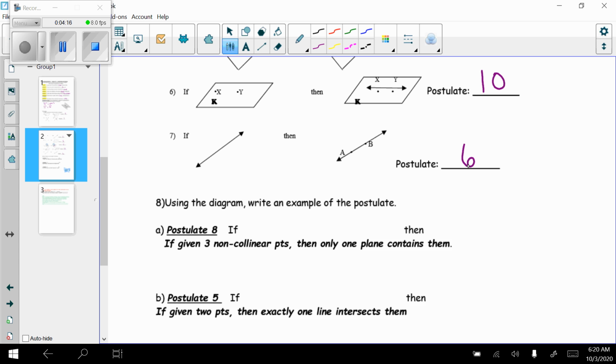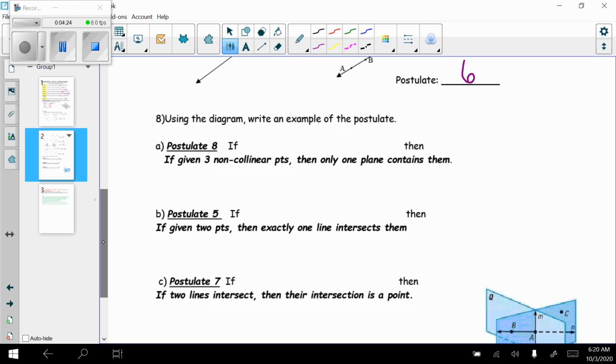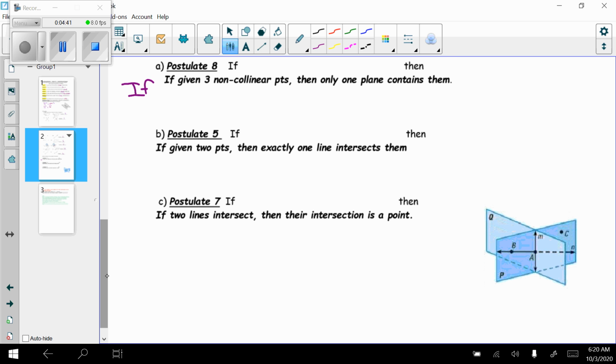Great. So now it says, using the diagram, write an example of the postulate. This is the diagram down here in the corner that we're looking at. So A, it says, and we're going to write it in if-then form. If given 3 non-collinear points, then only one plane contains them. So now I'm going to have to start out with if. If given 3 non-collinear points, so I need to come down here and find 3 non-collinear points in this picture. I only have 3 points in this picture. That's A, B, and C. Remember, M and N are not points because they are not capital and they don't have a dot next to them. So if given points A, B, and C,